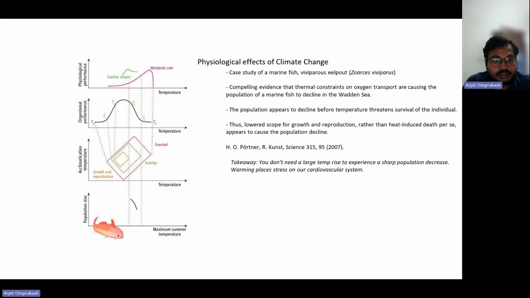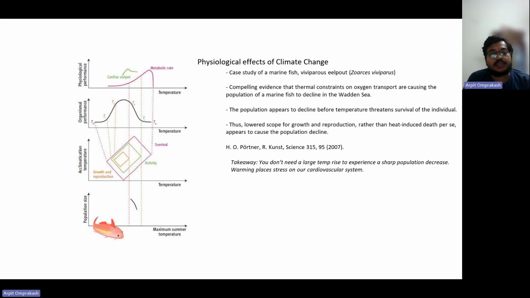So what is happening is they took a look at it, and they initially thought that the cardiac output is the reason why they are probably dying off, because after some time your physiological performance starts to decrease with temperature, right? Because you are very overstressed, right? So what they have shown is all these different graphs showing what is the performance of the organism, what is the physiological performance, and so on and so forth.